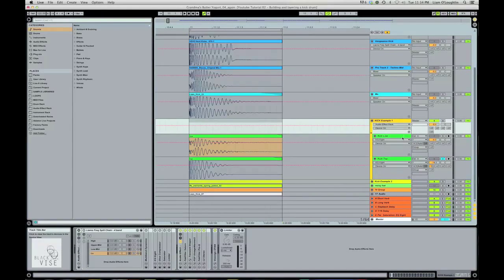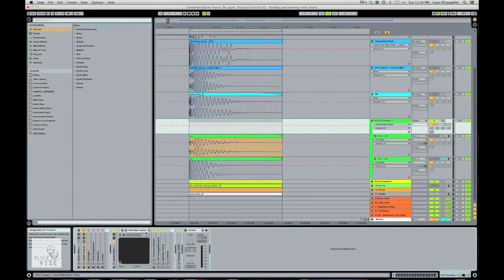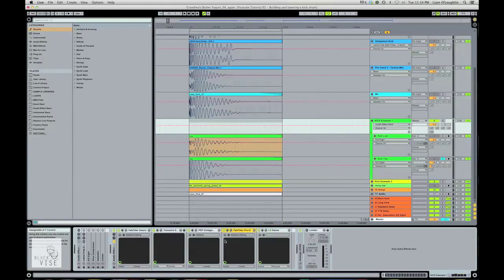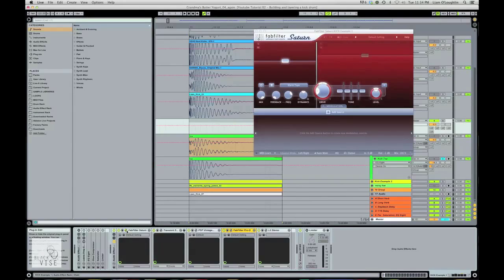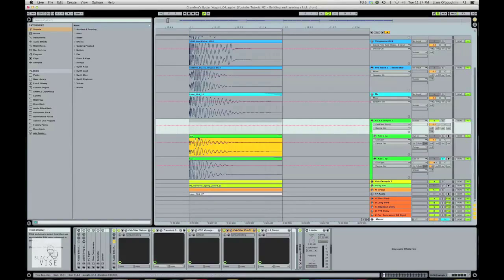So with this particular group, I used a third-party chain comprised of some plugins here, and afterwards I'm going to show you another chain I've made with just Ableton plugins to show you that you don't necessarily need these. But just real quick, it's a FabFilter Saturn, a Transient Shaper, a PSP Vintage Warmer, a Pro-Q, and an L2. And if I just keep those on,